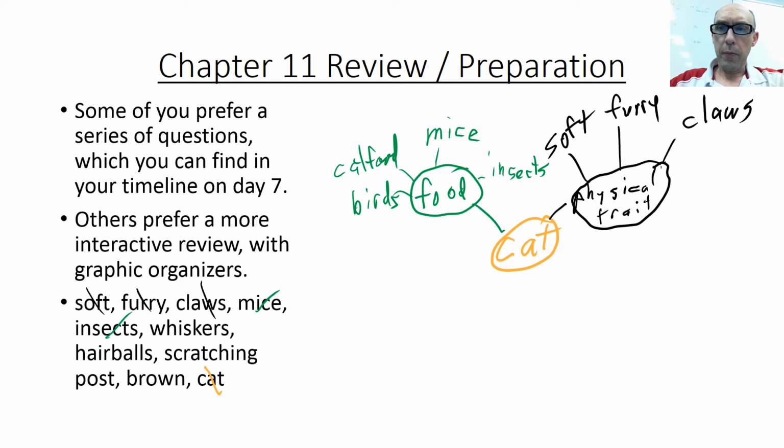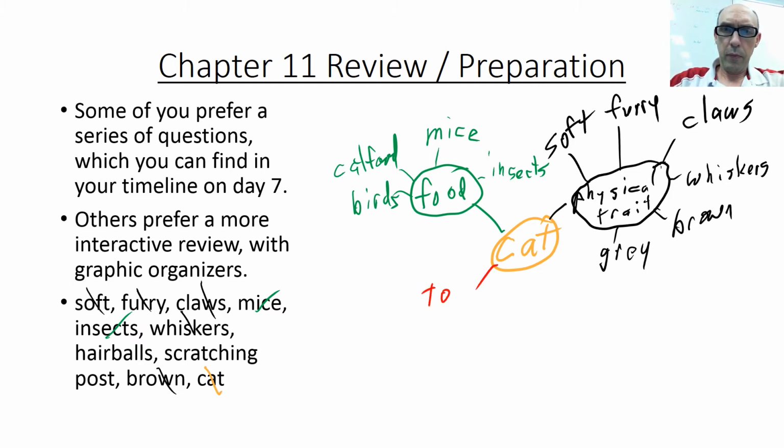Well, we got whiskers, and I didn't get whiskers in here. So we got whiskers, physical trait, ooh, brown, I can use brown. Although we could have other colors, like our last cat was gray, things like that. What else could we have? Well, that scratching post, that looks like a toy. So we can have a scratching post,